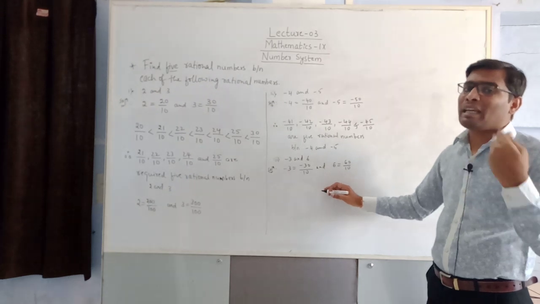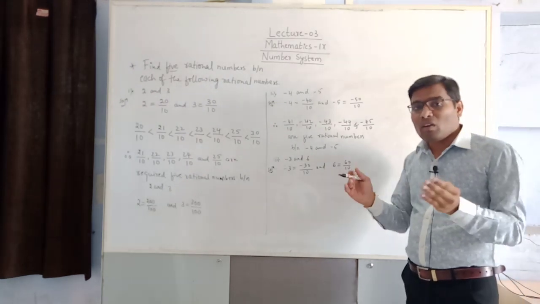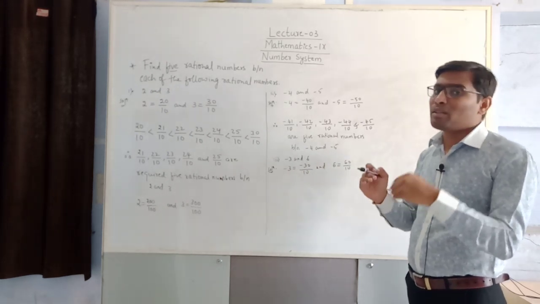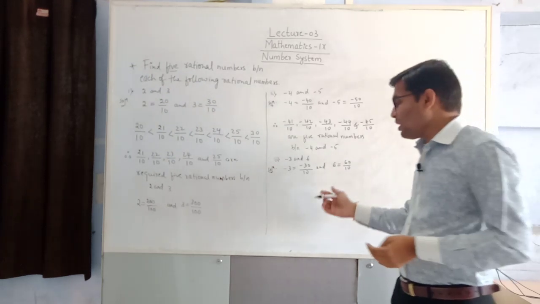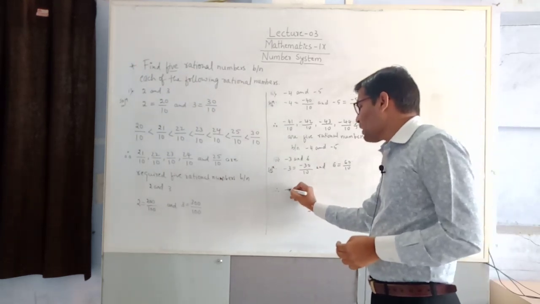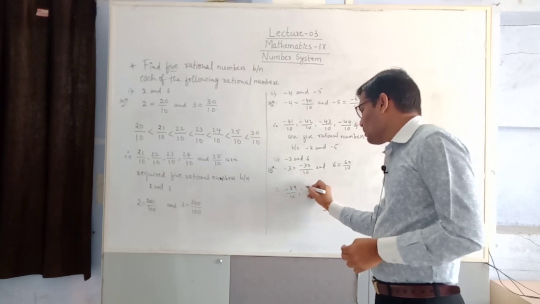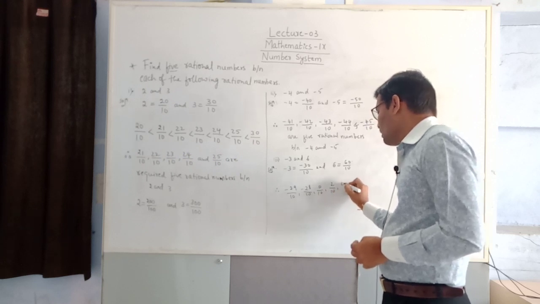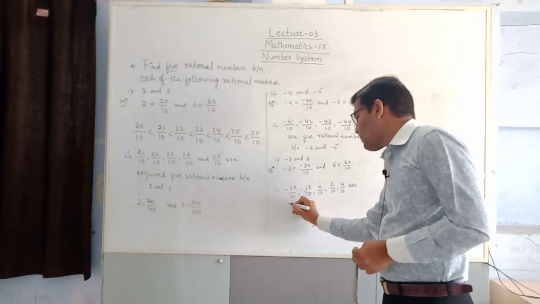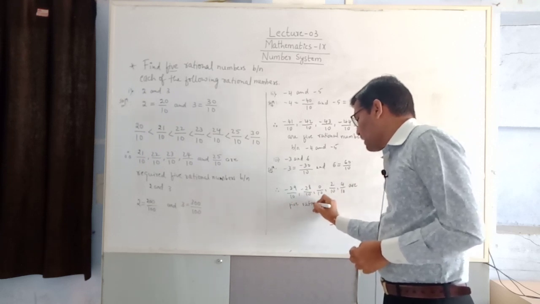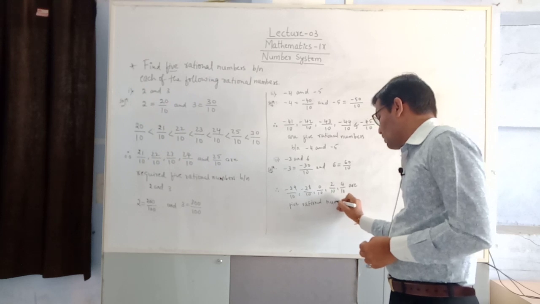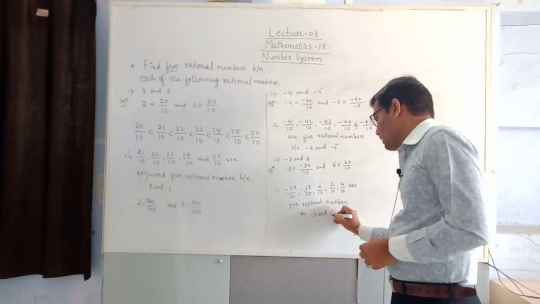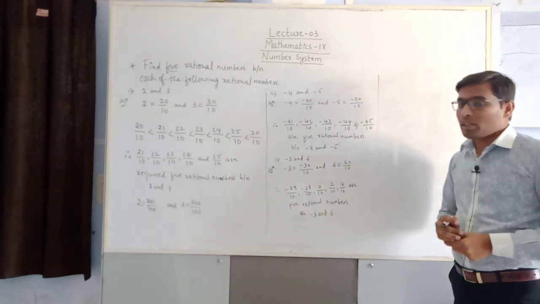Among the 89 numbers we can write any 5 numbers. You can write all negative numbers, or all positive, or some positive and some negative. It depends upon you which numbers you are going to write. So I will write now -29 by 10, -28 by 10, I will add 0, then 2 by 10, 4 by 10 are 5 rational numbers between -3 and 6. This is when one is negative and one is positive.